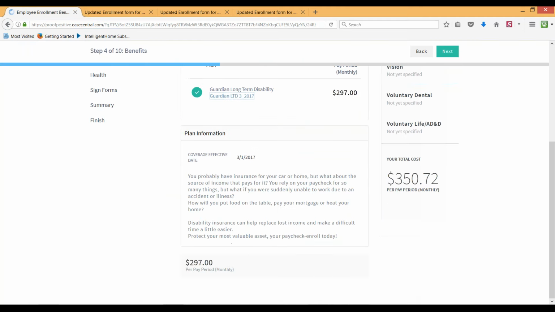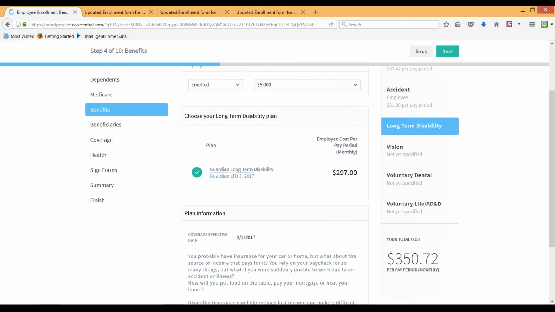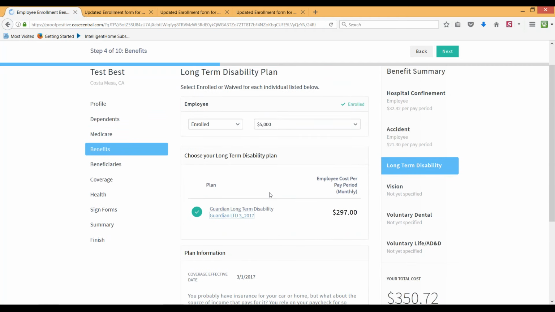Right, I chose to enroll in this. This is what it's indicating the cost is for me. I'll have to double check and see if my salary is correct on that, but I think we have a high salary for me inside here, and that's why it looks so expensive.